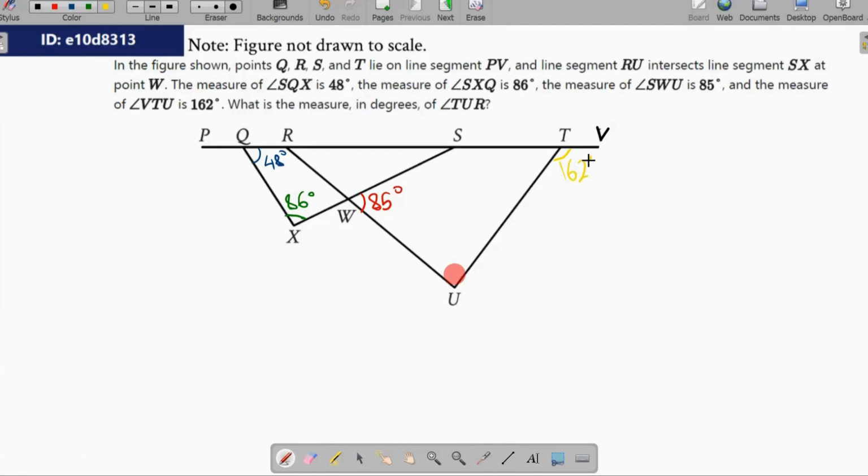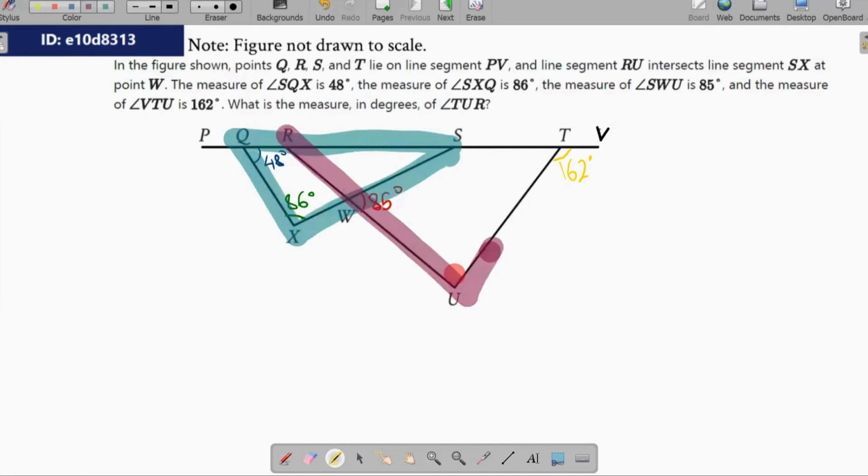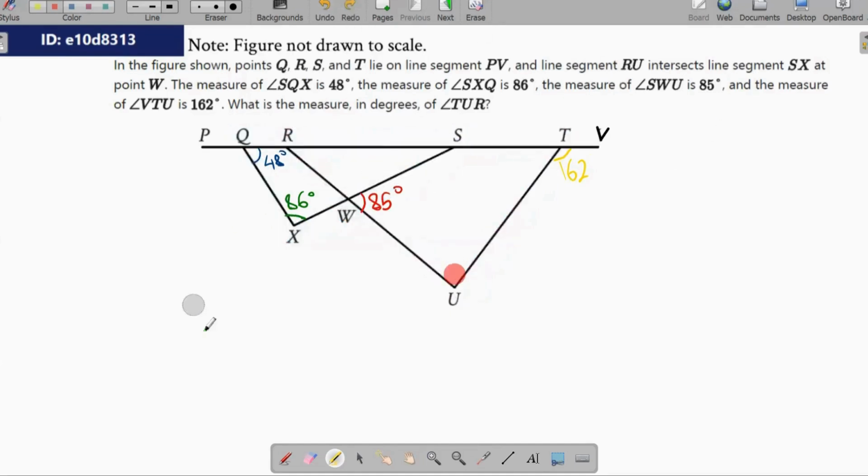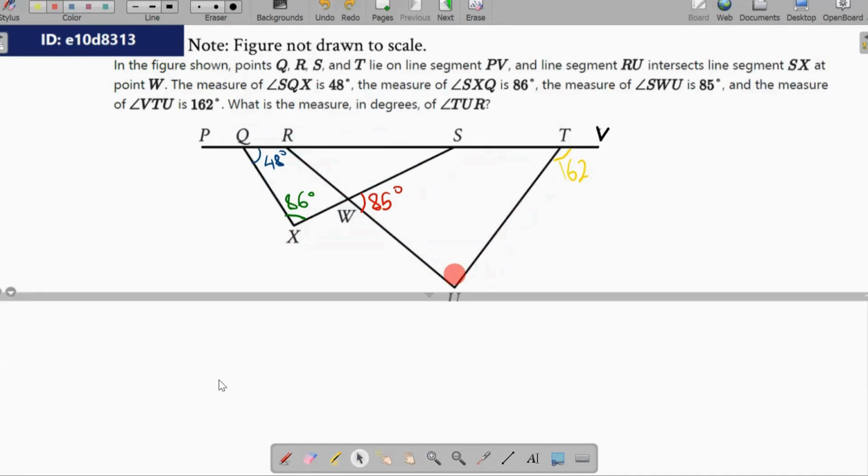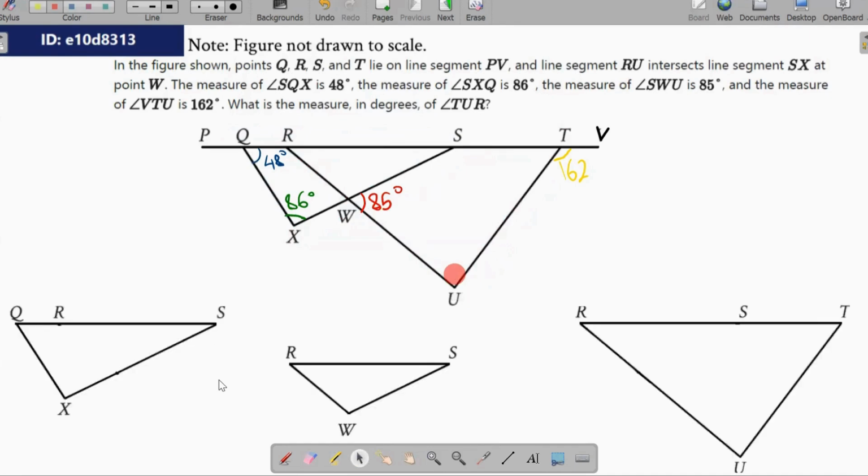Now, how can we find this angle considering the structure that we have there? Well, it's easy to see right away that what we have are a series of triangles. We have the triangle SQX and the triangle RUT. But we have another triangle, the triangle RWS, that we need to take into consideration for this problem. So because of this, I will split the figure into three different triangles, this one below,